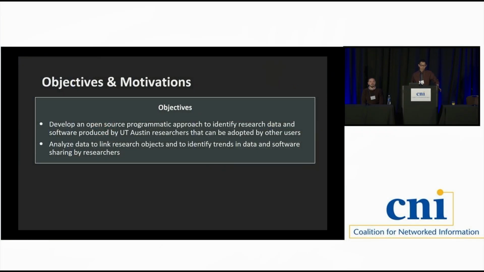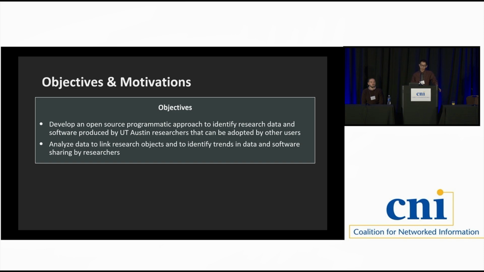Our objectives for this work are twofold. We want to develop open source programmatic approaches to efficiently identify research data and software that's produced by university researchers, and specifically to do so with workflows that can be readily adopted by other users, whether those are other folks in our library, other units on campus, or potentially other institutions. And then once we get that information, we want to analyze those data to make connections between research objects, articles, books, data, software, preprints, and so on, and to identify trends in data and software sharing, or lack thereof, by